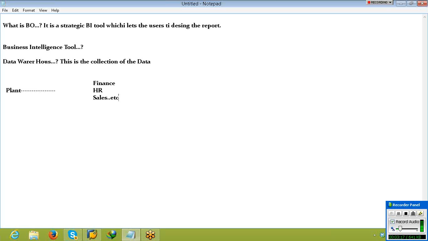accumulated data every day. So when I ask to provide a report on the entire data, let's say I need a report on the cumulative sales of the last 5 years, I have millions of records and I won't be able to generate a report which will help me understand what is